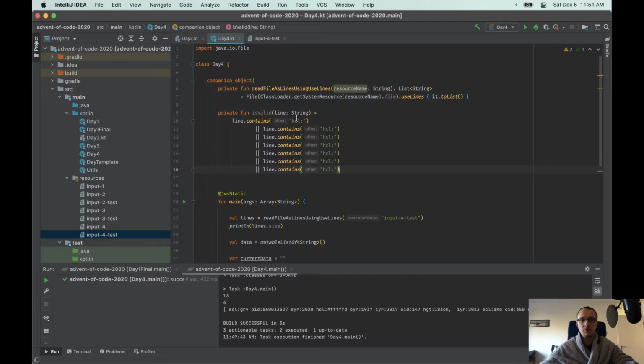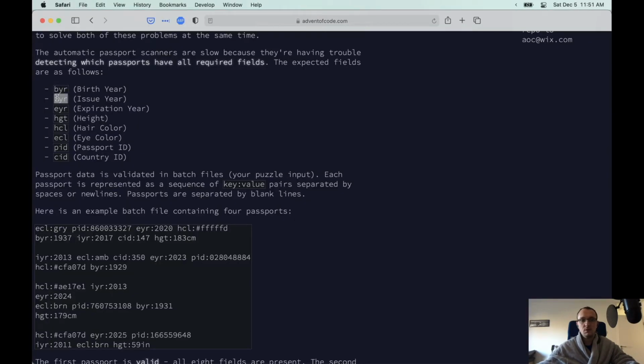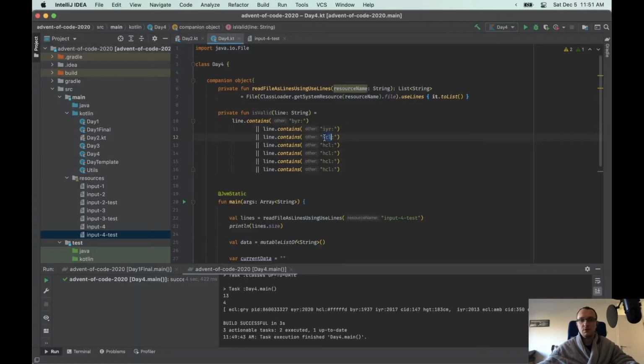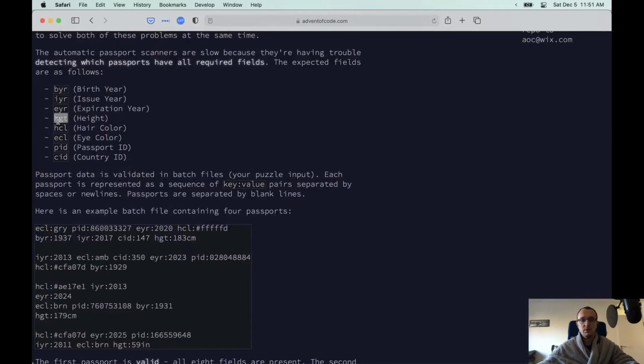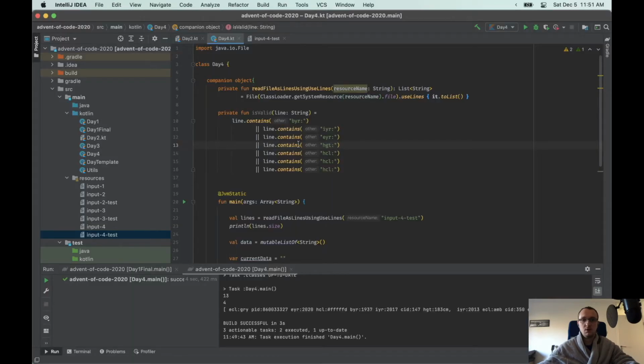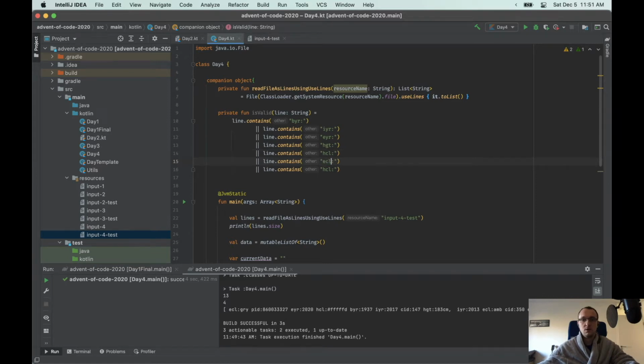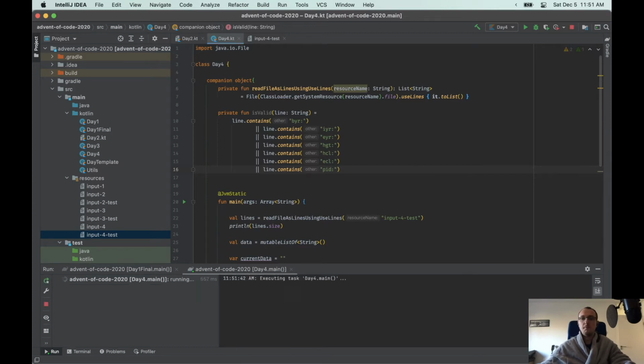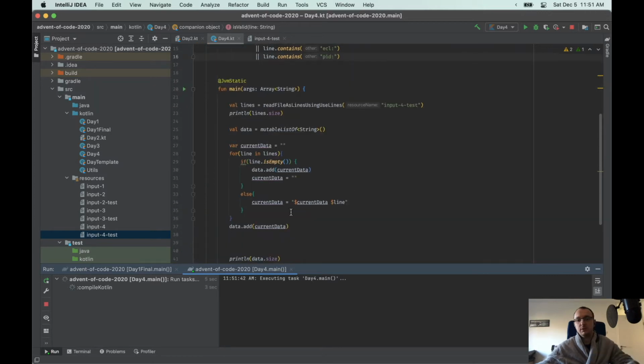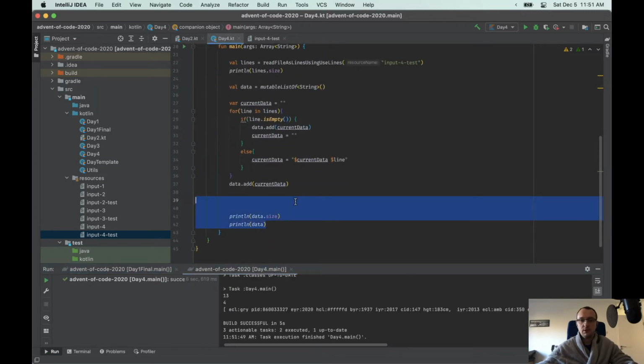So birth year is mandatory. Issue year is mandatory. Expiration year is mandatory. Height is mandatory. Hair color also, eye color, and passport ID. And I'm expecting to, oh no, I didn't process the stuff yet. That's okay. So what I want now is print